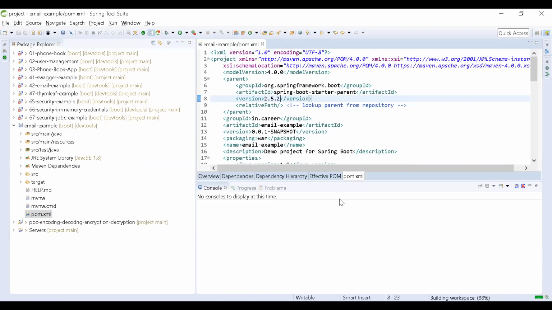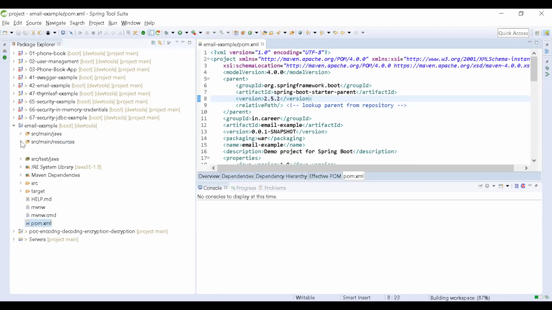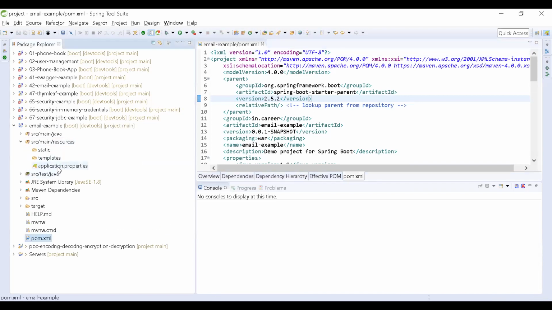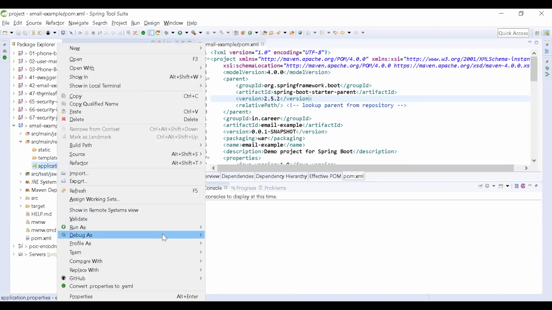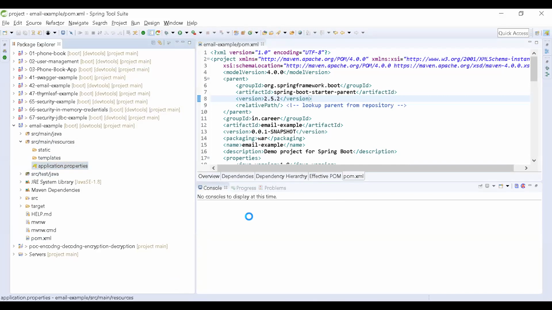Mainly you require a properties configuration file, or you require a YAML file. We have this application.properties file, so I am converting this into a YAML file, so that will reduce the code effort.